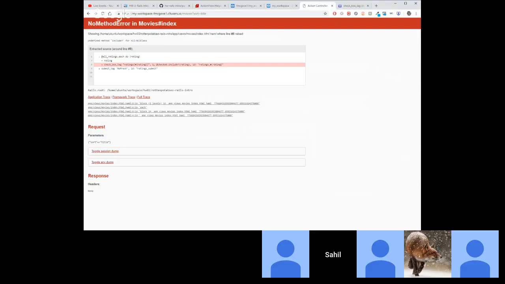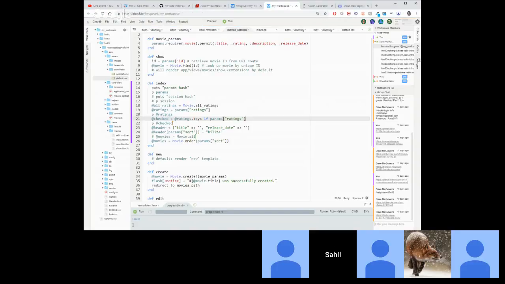Oh. So it's probably still null, right? Yeah. Okay, so let's go back and look at it. I think the problem is in this case. Do you see how we're evaluating ratings keys, and then it says if params rating? I'm worried that it evaluates it whether or not. Yeah. I don't know. But so ratings,